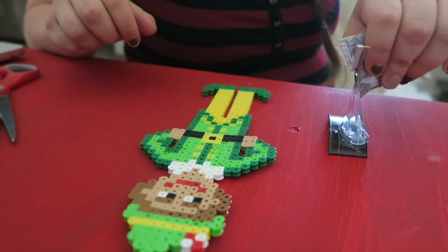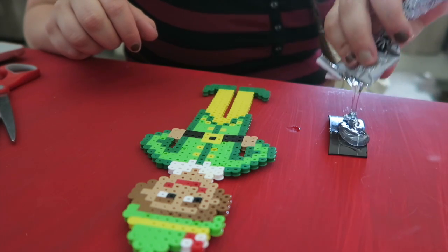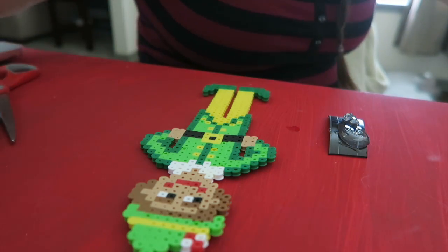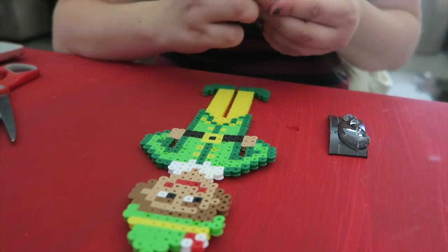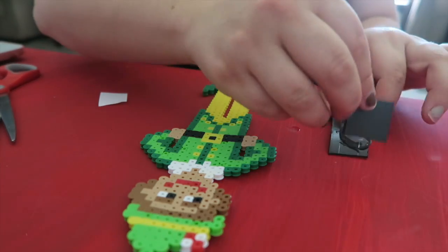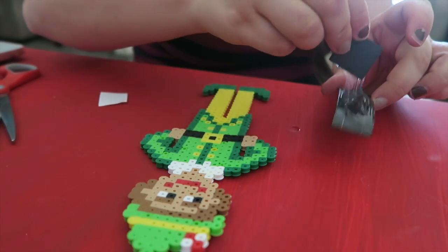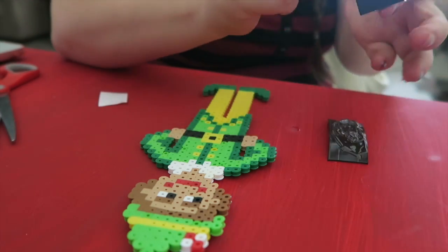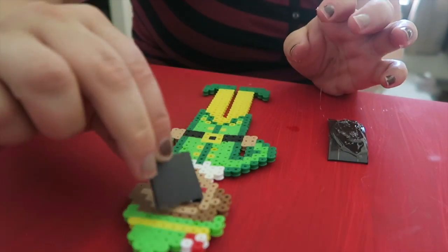Okay, so take your glue. Oh, that's a lot of glue. Whoopie smoopy. Take some glue, not that much, but since I took a lot, what I'm gonna do is just get some on the other half of my other magnet, because I'm gonna put two magnets, one on his body, one on his big head. Okay, we're gonna stick it